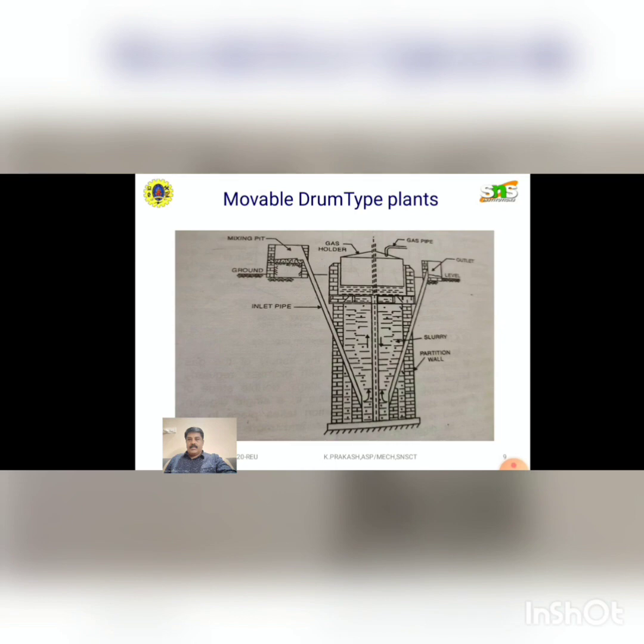There is no danger of mixing biogas and external air, hence there is no danger of explosion. But there are some disadvantages in the movable drum type. Here the cost is higher, the